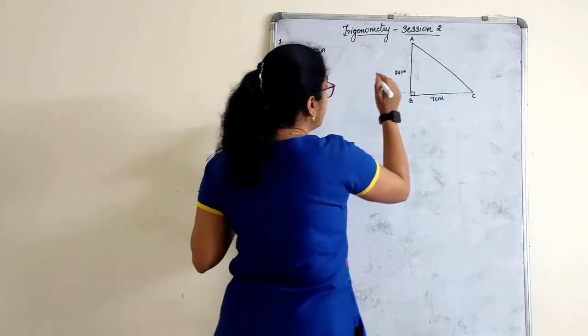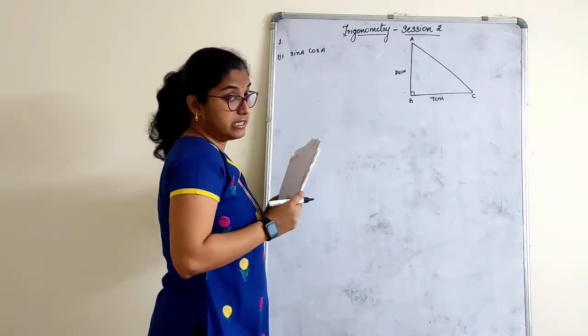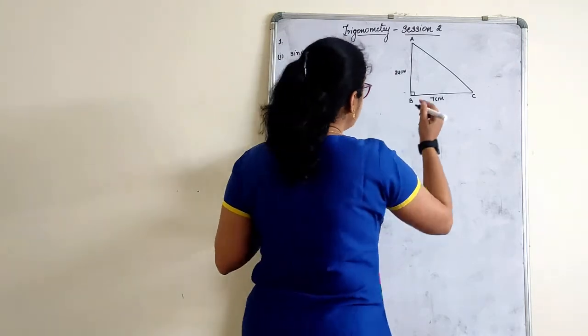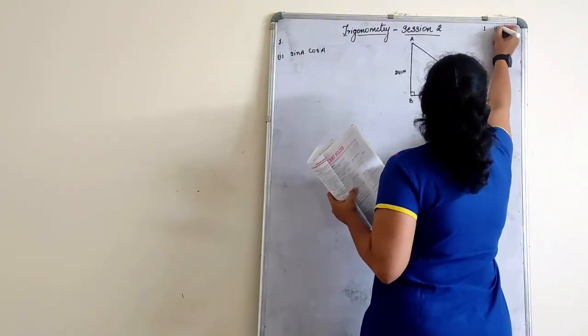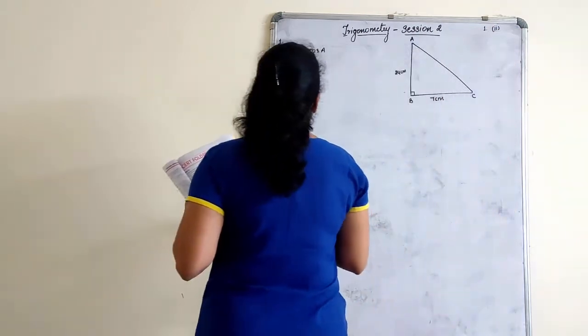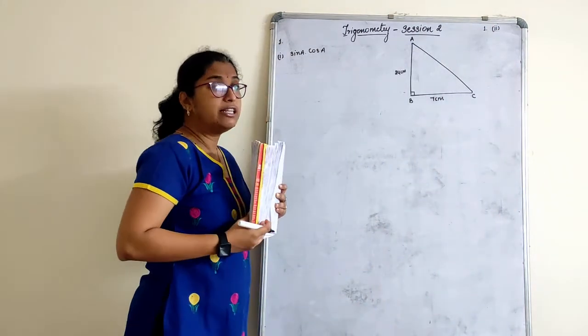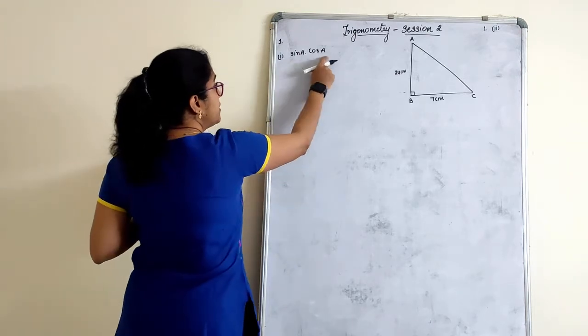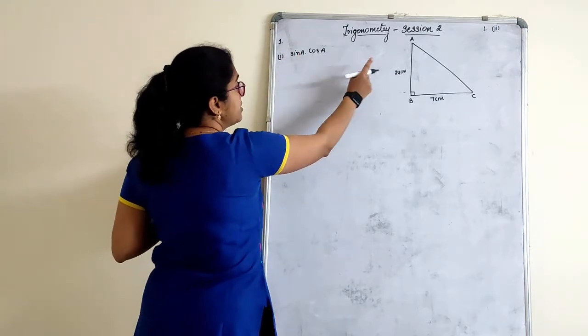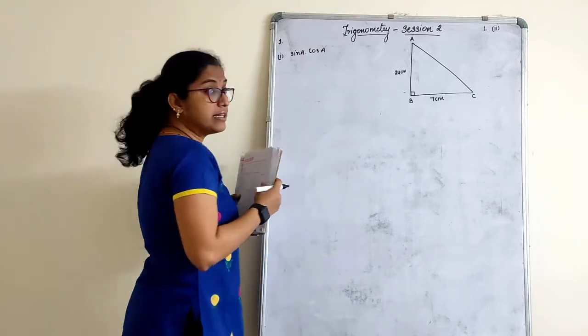Now sine A and cos A, I will be doing here. So first one, the second part is your homework. For the second part, redraw the figure once again, children. I'll tell you how and why later. First we'll finish with this. To finish this, sine and cos will require the hypotenuse.